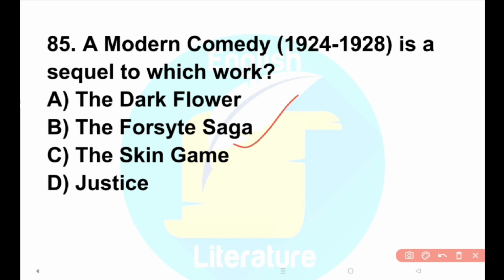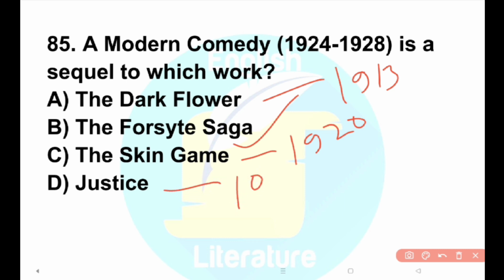The Dark Flower, 1913, is a standalone novel unrelated to A Modern Comedy. And option C, The Skin Game, 1920, is a play, not a novel, linked to A Modern Comedy. Justice, 1910, is a play, not a work that is a sequel in A Modern Comedy. So option B is the correct answer. Next,